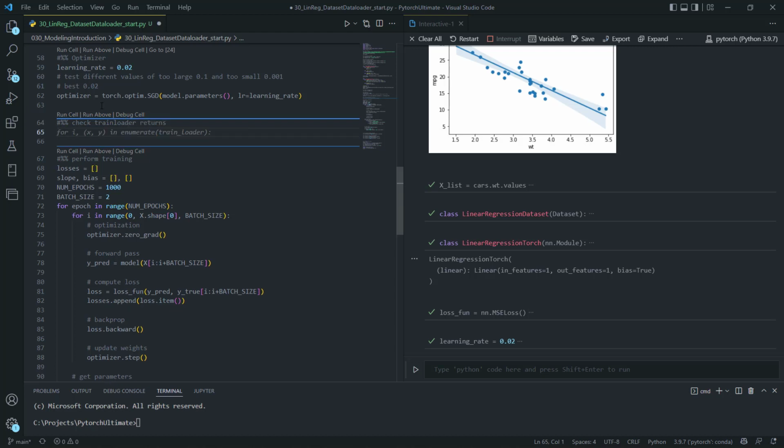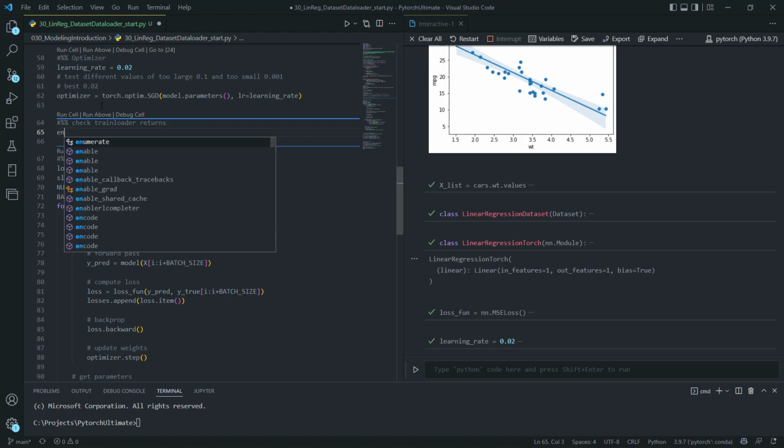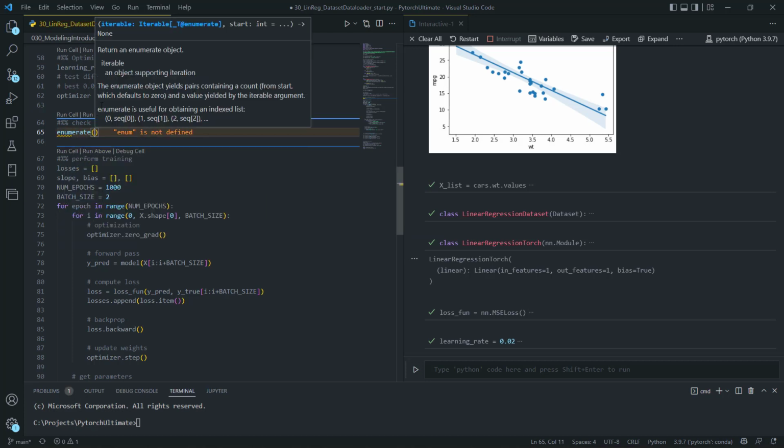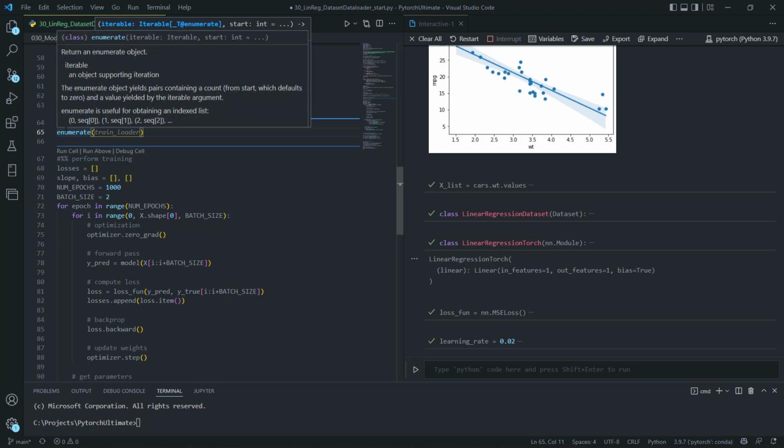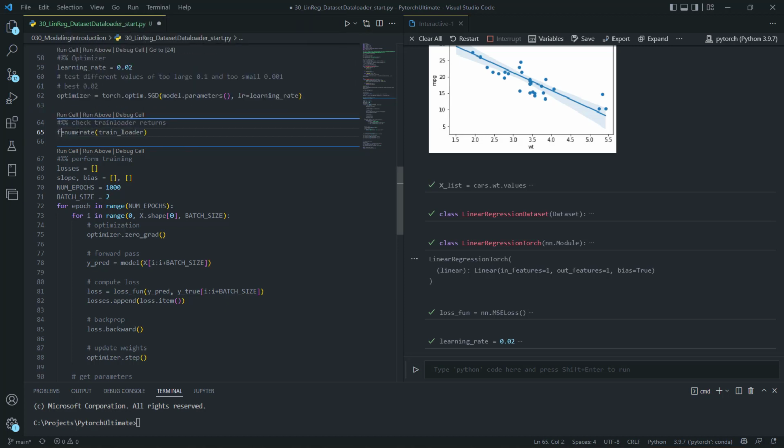What we're going to do is make use of the enumerate function, and in here we are passing the train loader, and what we get back is some iterable of this training data that we have. We can put this into a for loop, and then we get back two different returns. One is the position at which we currently are, and the other one is data. So we can